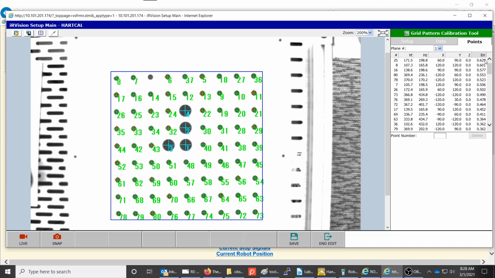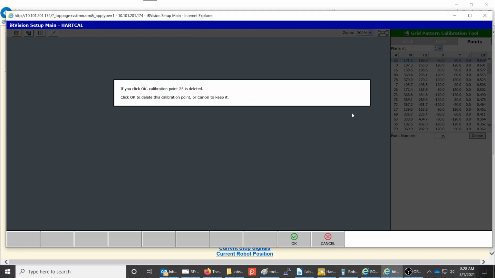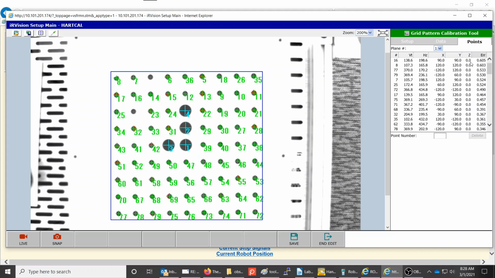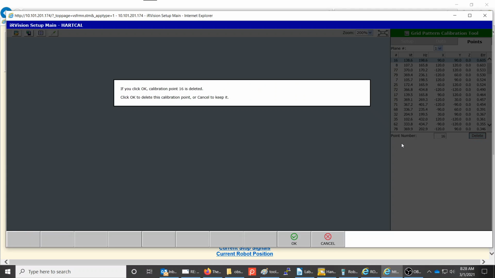All right. And so again, we got like number 25 now, and you can see it highlights them as we go through. But number 25 is the one with the most error now. So I'm going to delete that one also. All right. And if you look at this, like you see, like number 16 is now the one with the most error. And the one right below that is 603. But when I delete 16,